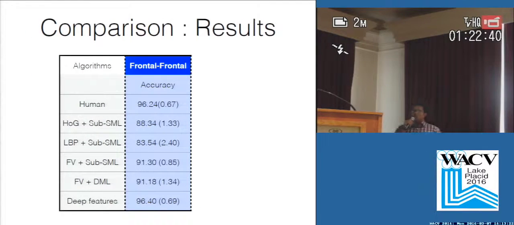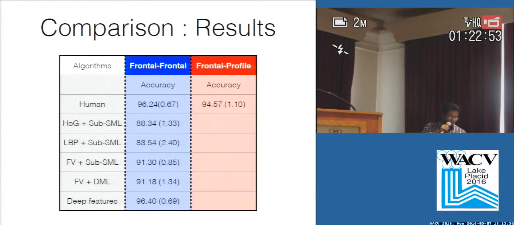When we see the results on the frontal split of our dataset, we see about what we expect from their performance on LFW. The deep features perform similar to human accuracy. While going to frontal-profile, we see humans perform almost as well as on frontal, 1.5% less, not much. We evaluated the human accuracy by showing the pair of images to Mechanical Turkers and asking them to rate the similarity of these images.